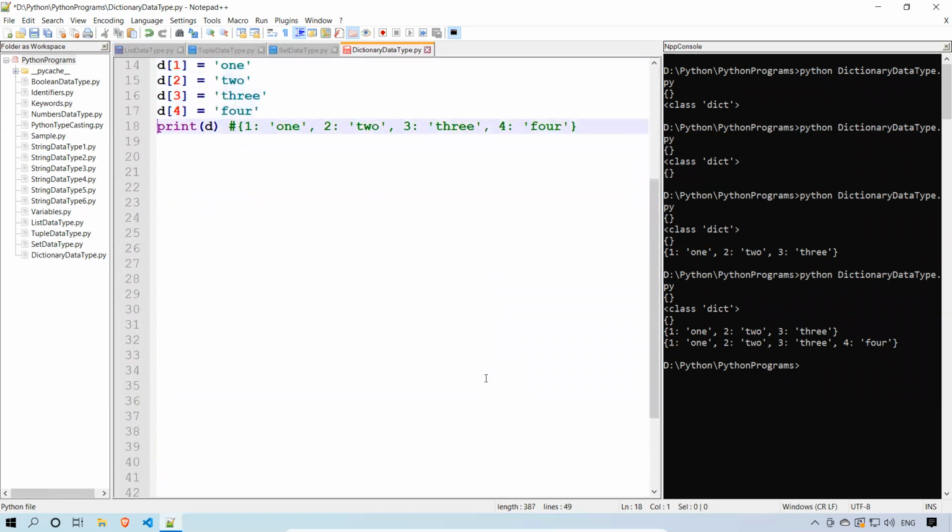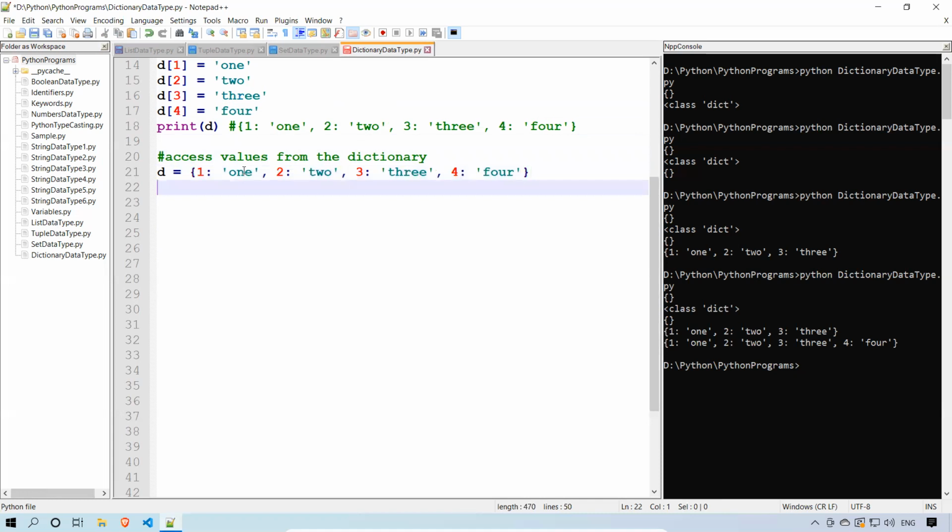Now we'll see how to access values from the dictionary. I'll take one example, D is equal to the same dictionary, and then print d of 2.